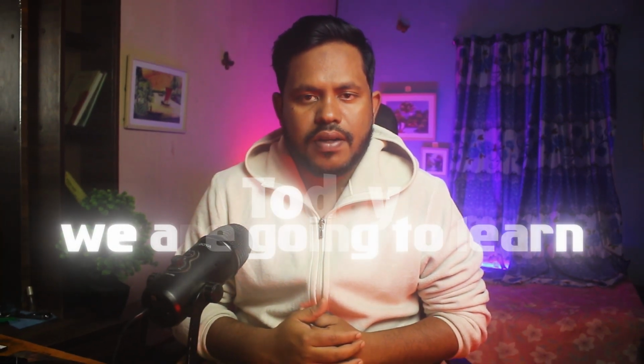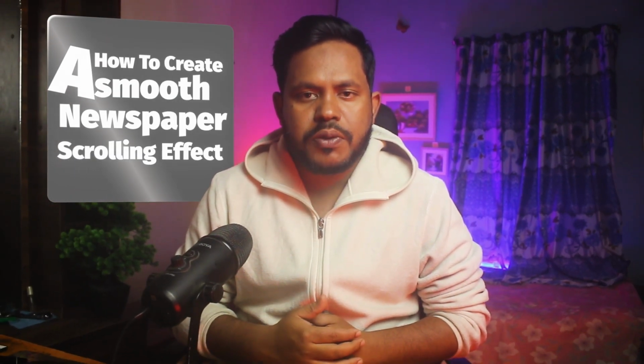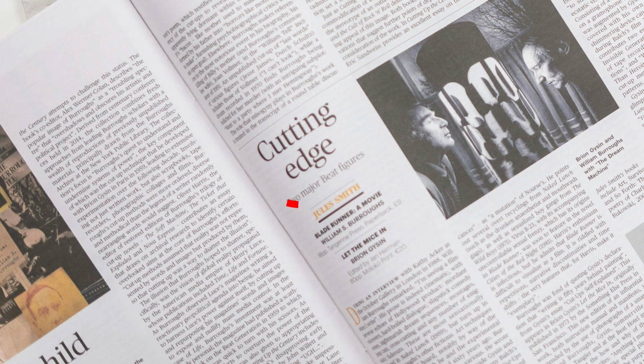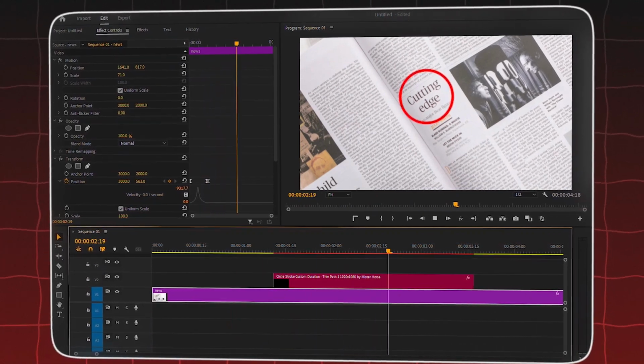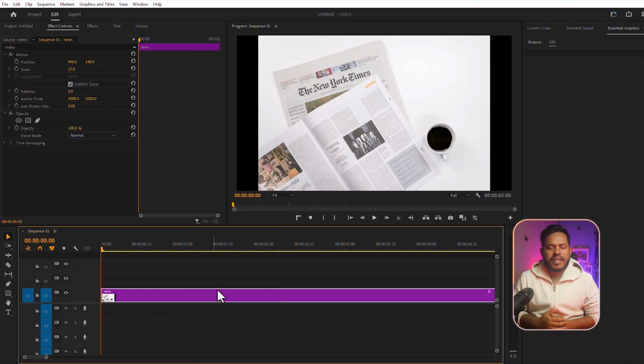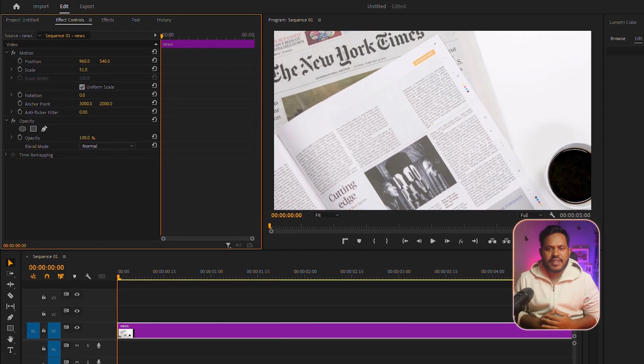Today we are going to learn how to create a smooth newspaper scrolling effect in Premiere Pro. So let's get started. First, I'll bring a newspaper picture into the timeline, then we'll increase the scale of the